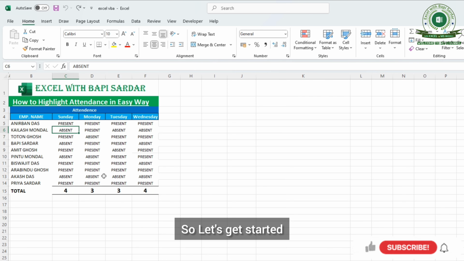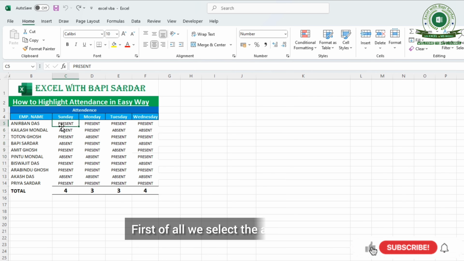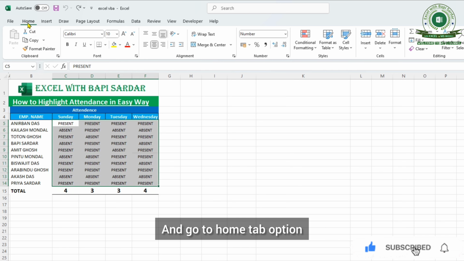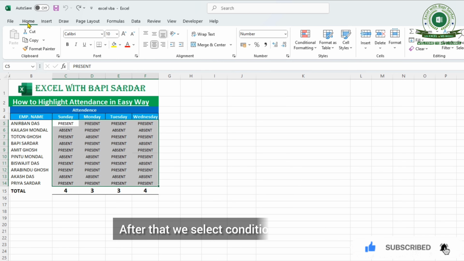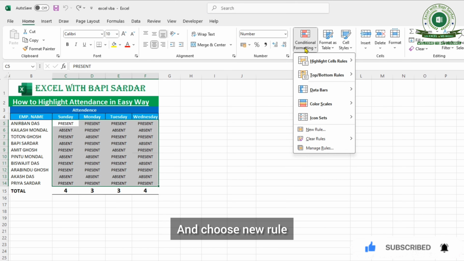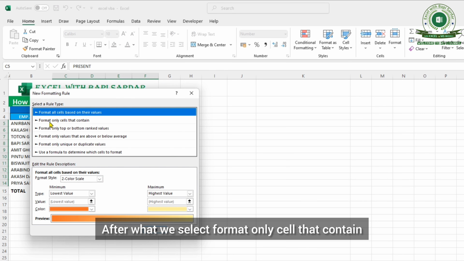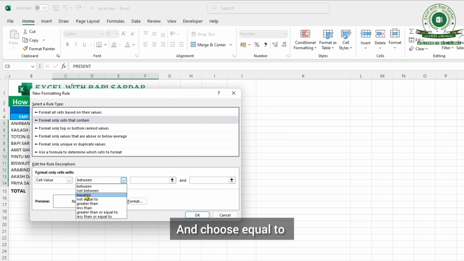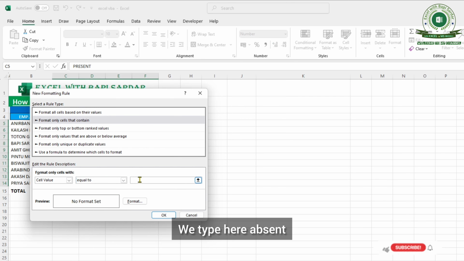So let's get started. First of all, we select all the data range and go to the Home tab option. After that, we select conditional formatting and choose new rule. Afterwards, we select format only cells that contain, and then we click here and choose equal to, and we type here absent,